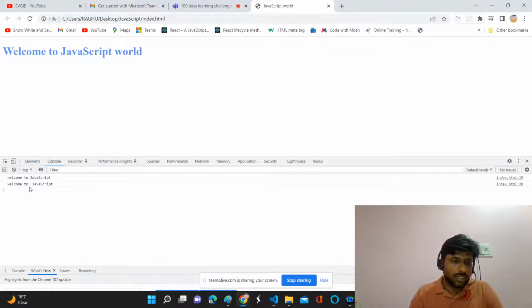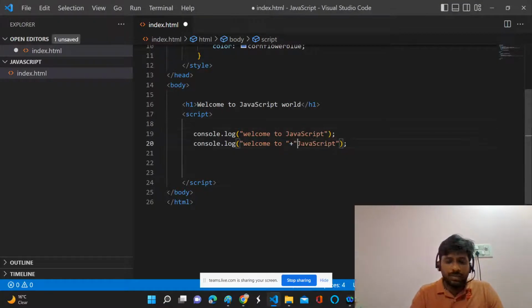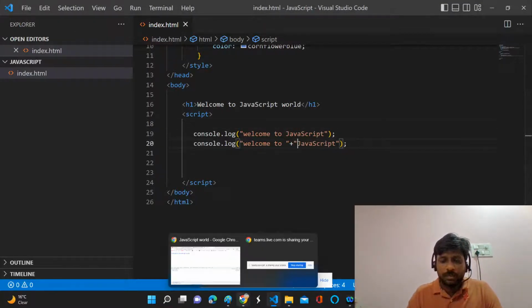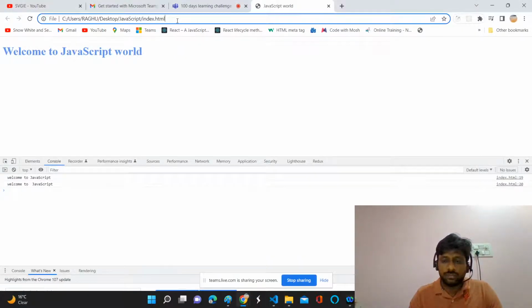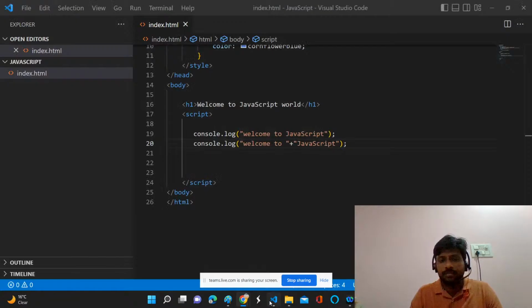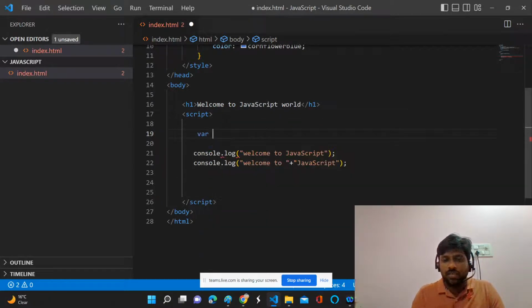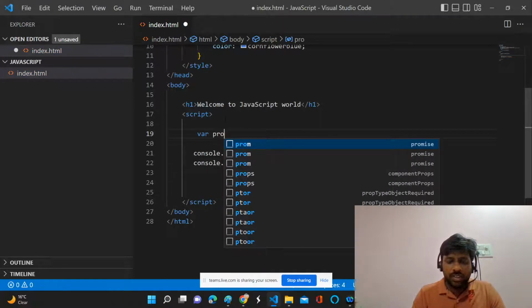Okay, it is the same, but you have some extra space because you have given some extra space here. Just save it and refresh. Now suppose you want to change this by the time. For that, what you need to do is store that in a var, like programming language